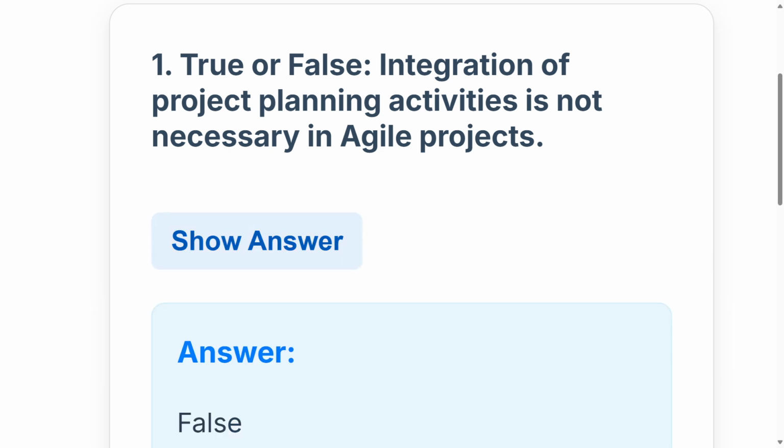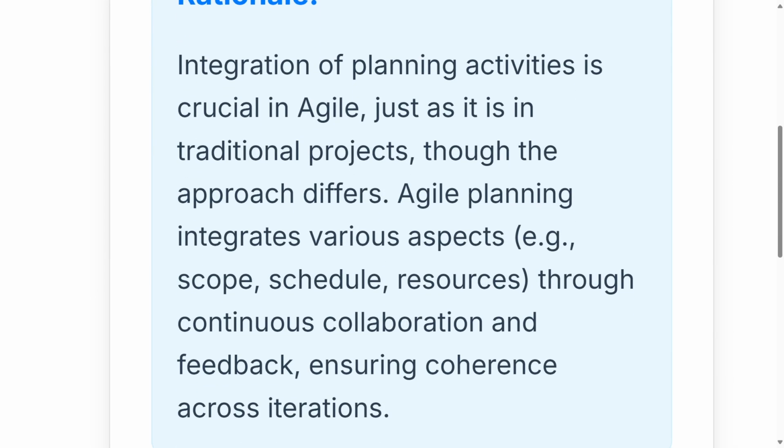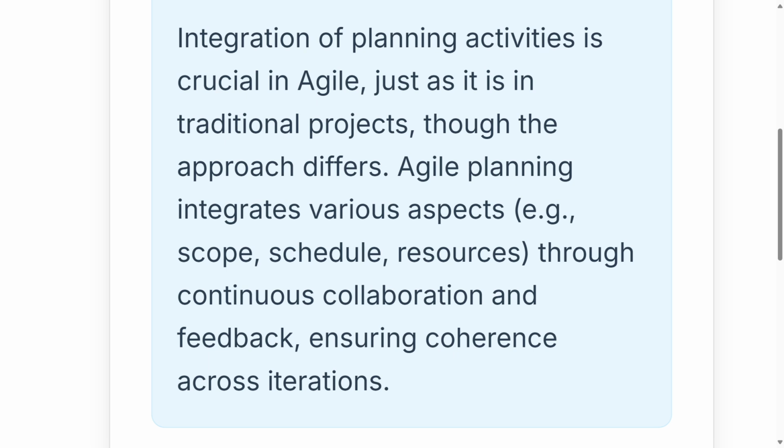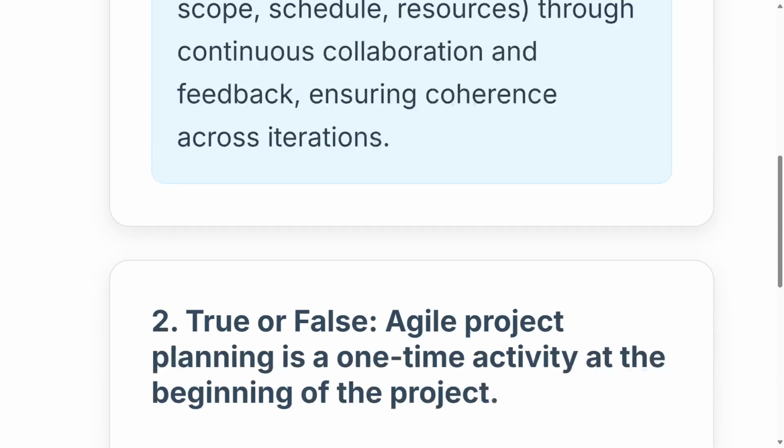The answer is, of course, false. Integration of planning activities is crucial in Agile, just as it is in traditional projects, although the approach differs. Agile planning integrates various aspects, scope, schedule, and resources, through continuous collaboration and feedback. There's no project management plan that contains a scope management plan, a resource management plan, a risk management plan. We don't have all that, but we ensure that these things are tackled through collaboration, feedback, and ensuring coherence across